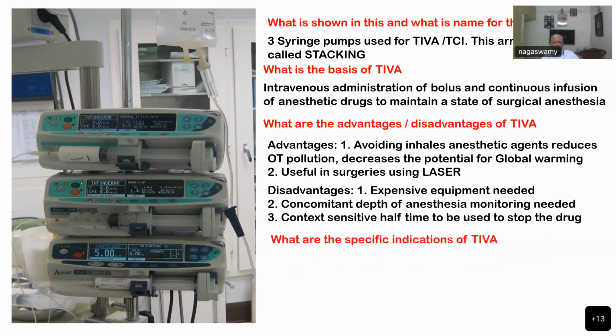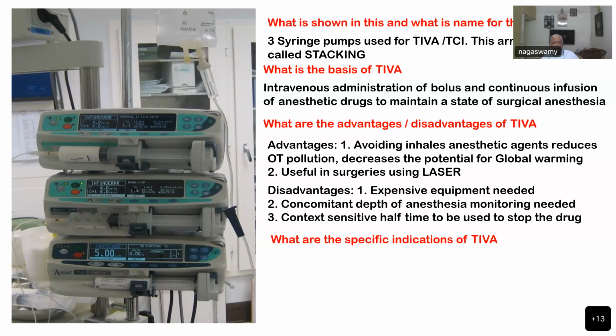What are the specific indications for usage of TIVA? Malignant hyperthermia history. Excellent. Very good. Then? Sir, PONV, Apfel score means high risk of PONV. Very good. Then? Sir, scoliosis means intraoperative awakening of the patient is required. Like in scoliosis surgery. Neuromonitoring cases where you want to avoid muscle relaxants or inhalation agents, excellent. Then